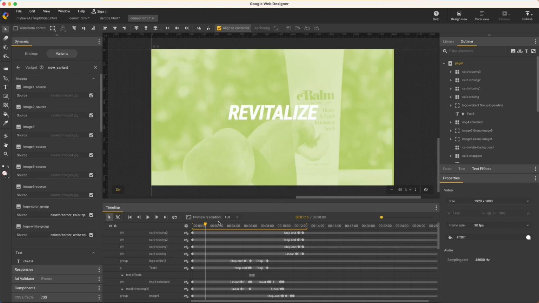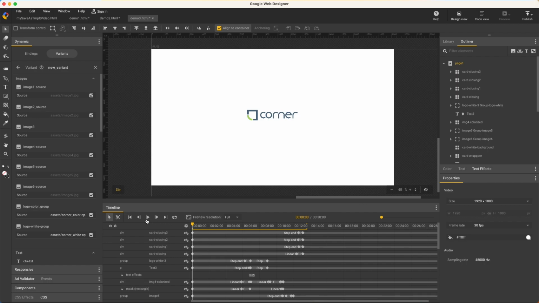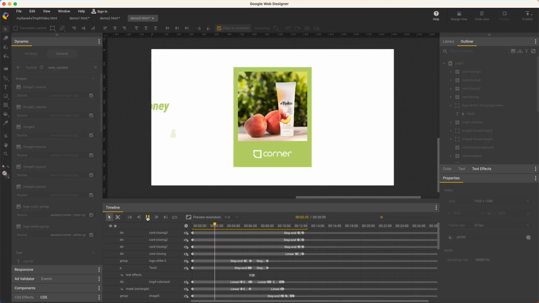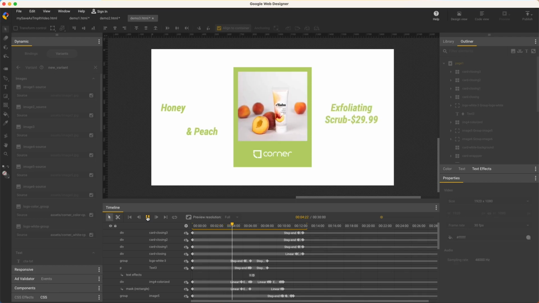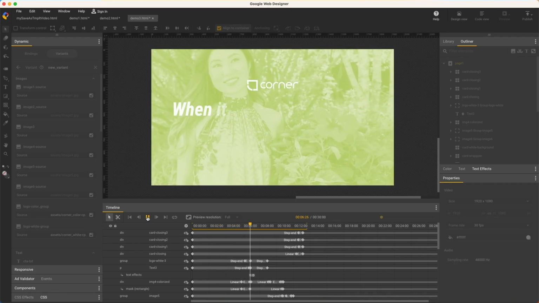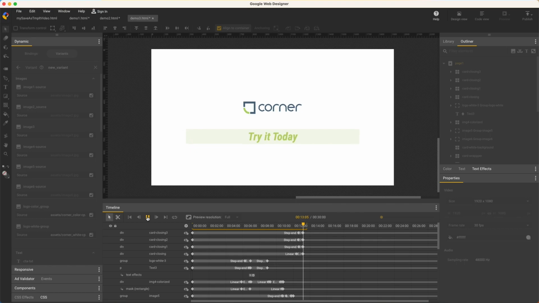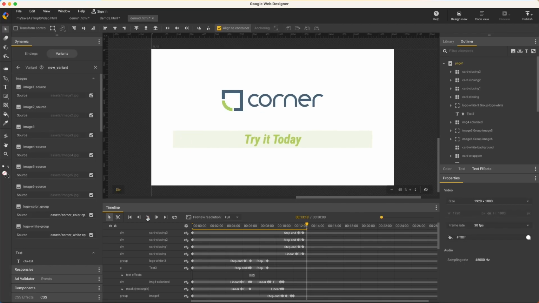I'll just quickly check my progress, where I see my new logo being applied to multiple instances, and my brand color is correctly tinting the product images, which in this case are still the original assets that I'll be updating next, along with the text content all within the Variants panel. But I'll stop here because the rest is easy, though I want to mention one final feature.